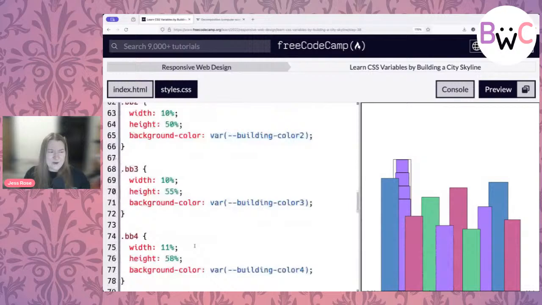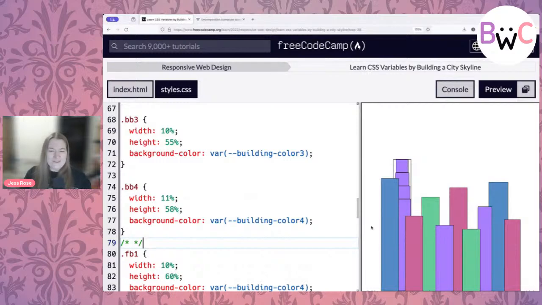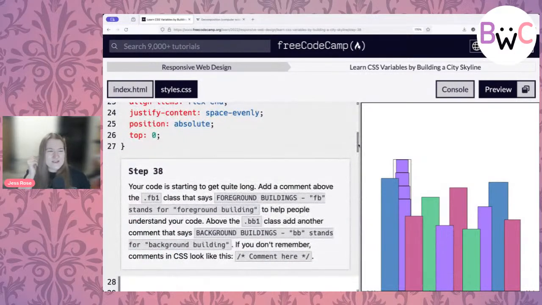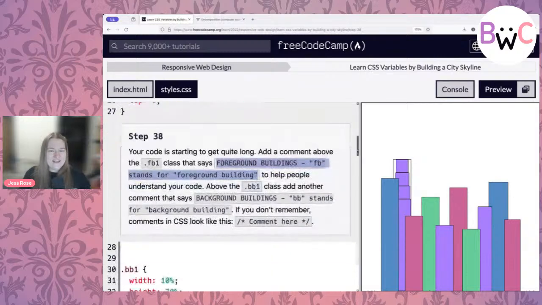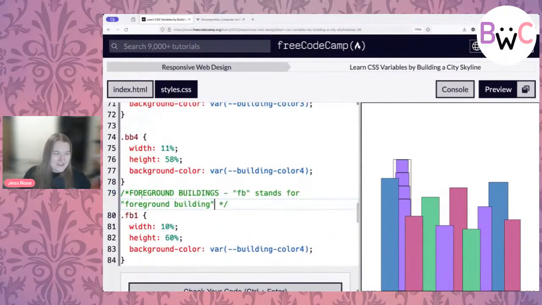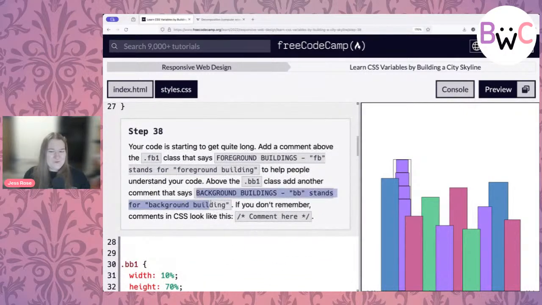This code is getting a little long. Haha, FB1, I'm going to come up. Sean, I love this. Oh, and you've said this in such a poetic way. I'm going to put you on the screen in just a heartbeat, just after I copy this. I copy foreground building. And there's no requirement to answer teacher questions in deeply poetic language. But I think at the end of the day, what we're doing when we build stuff for the web, I'm going to do this other one too before I put you up there, is we're really,